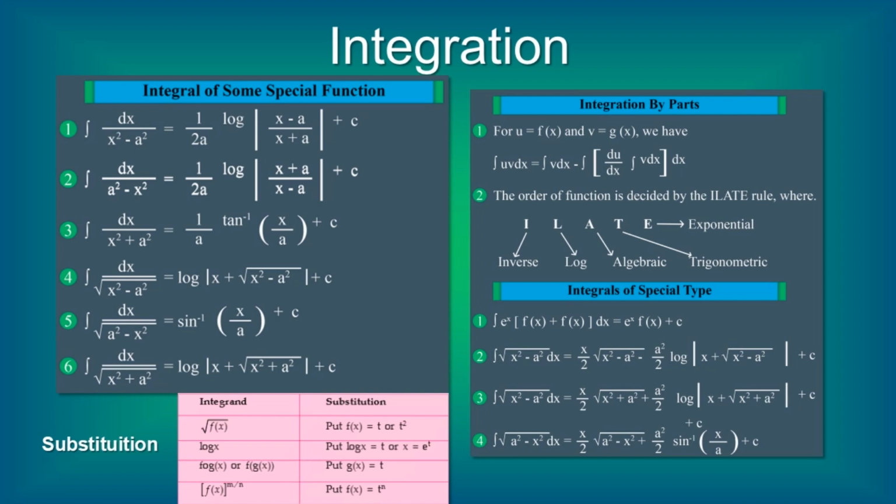Integration by parts is especially for integrating the product of two functions. You have to use the equation for the integral of u v dx. The formulas are given here. For that, you identify the first and second function by ILATE: inverse trigonometry, logarithmic, algebra, trigonometric, and exponential. Of course, you will not get inverse trigonometric functions here, so logarithmic, algebra, and exponential, you should know the order. In that way, you choose which is u and v.